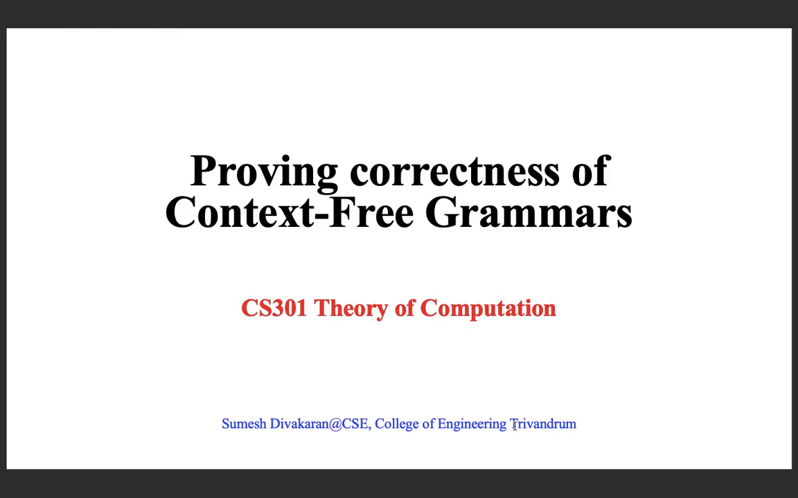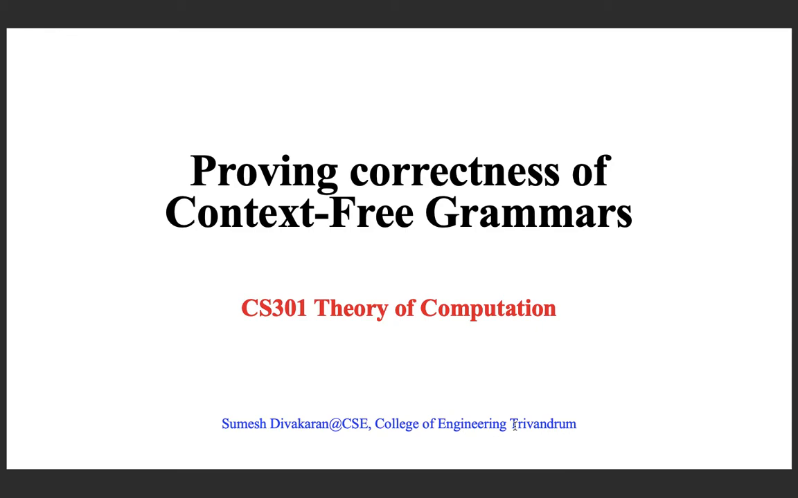Last class, we have seen grammar representation for context-free languages, and we have seen a number of context-free grammars generating context-free languages. And the topic for today is the method of proving correctness of a grammar design. So, how can we prove the correctness of a context-free grammar? We will try to understand the proof technique, which is basically the principle of mathematical induction,